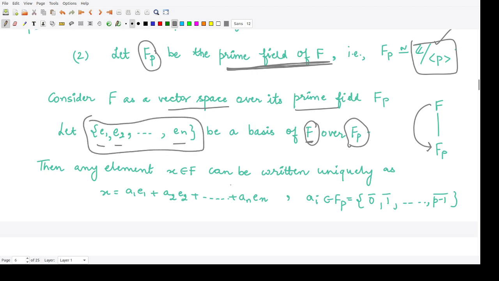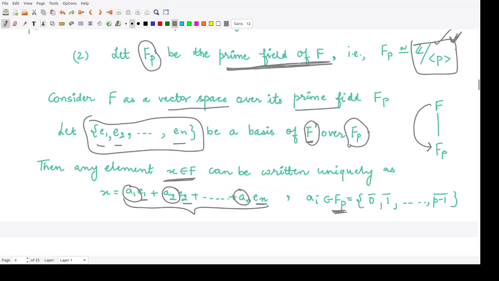So if you take an element x in this field, you could write that element x as a linear combination of the elements e1, e2 up to en, where all these a1, a2 up to an are elements taken from Fp. And what is this Fp? This is the integers mod p.